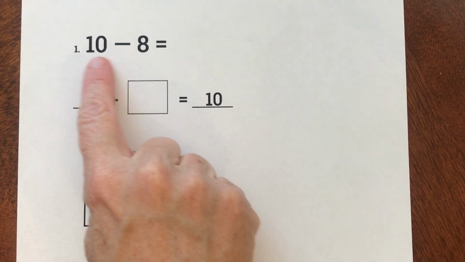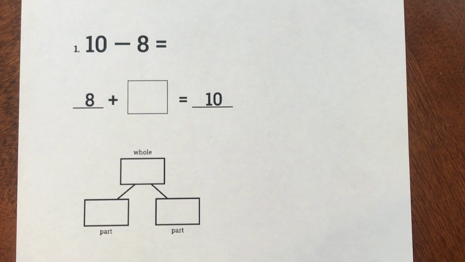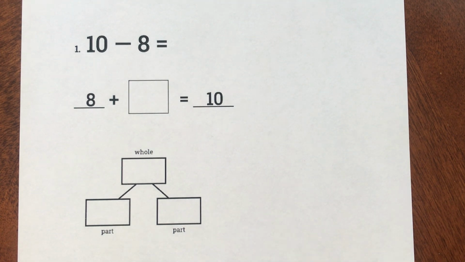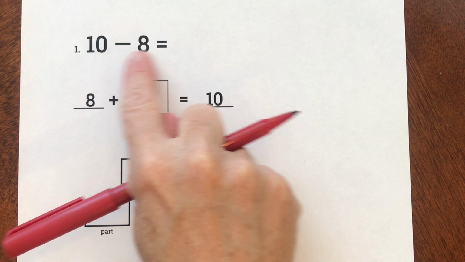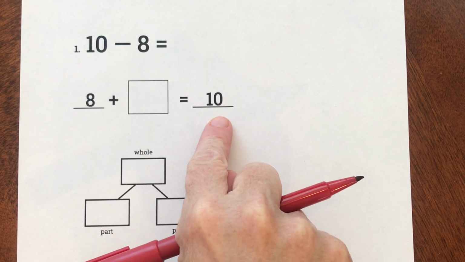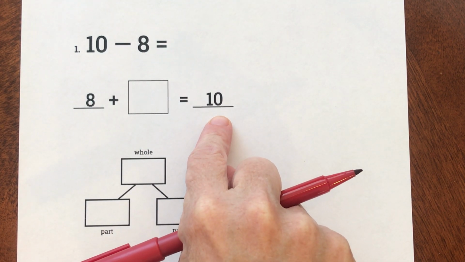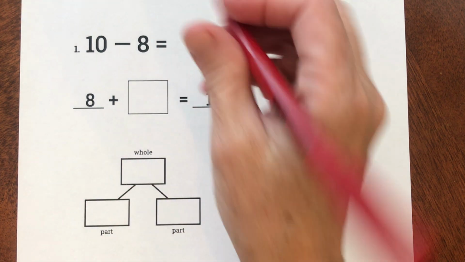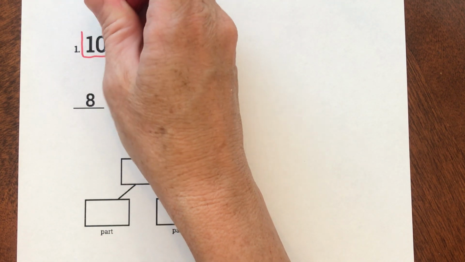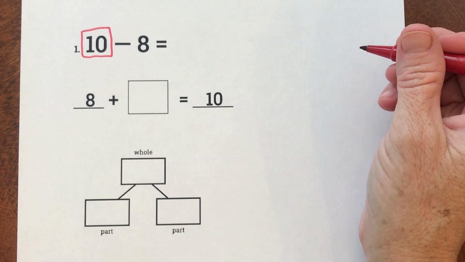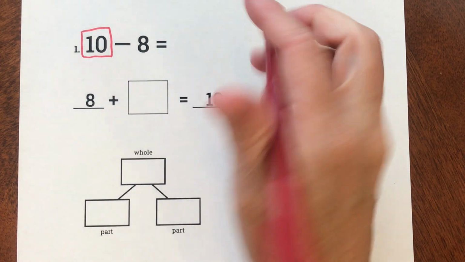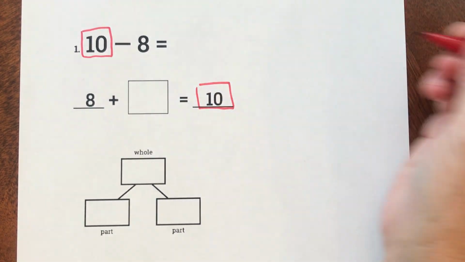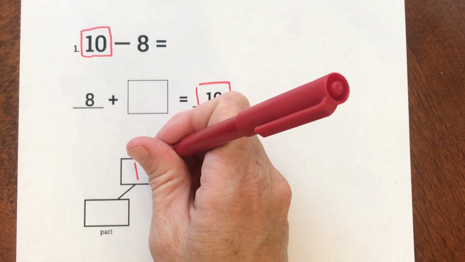And they gave me a subtraction problem. It says 10 minus 8. And they also already used those to write an addition problem. So remember, in a subtraction problem, my whole is my minuend, and in an addition problem, my whole is my sum. So my whole is 10,